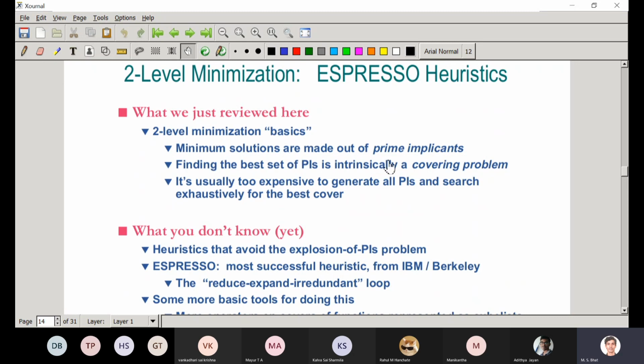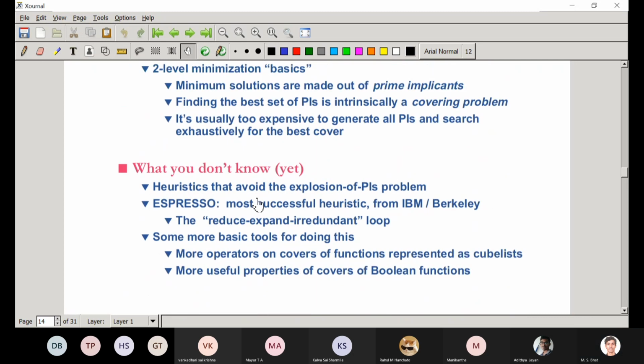Minimum solutions are made out of prime implicants. Finding the best set of PIs is intrinsically a covering problem. It's usually too expensive to generate all PIs and search exhaustively for the best cover. So what you don't know yet is heuristics that avoid the explosion of prime implicants problem. When we try to find all PIs, it will be exponentially large.